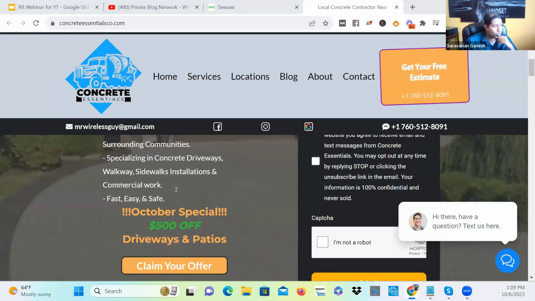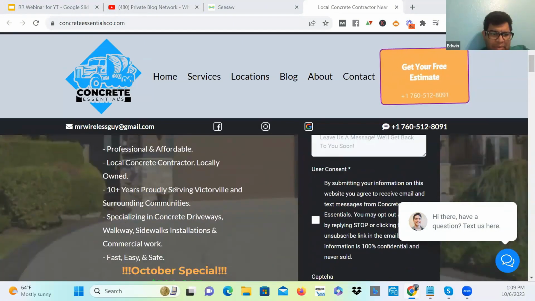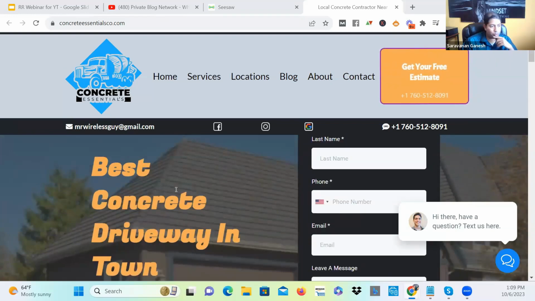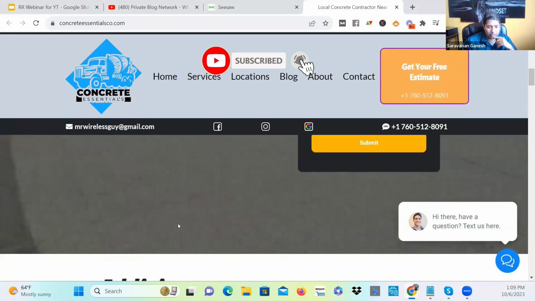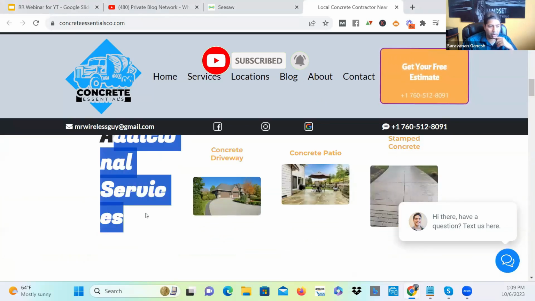So I think the H1, I don't see it that has the keyword. So he says he doesn't see an H1. Do you have H1 tags in there? If not, what is this? Is this H1? If not, put your keyword in the H1. Good one. He's missing an exact match. Okay, so